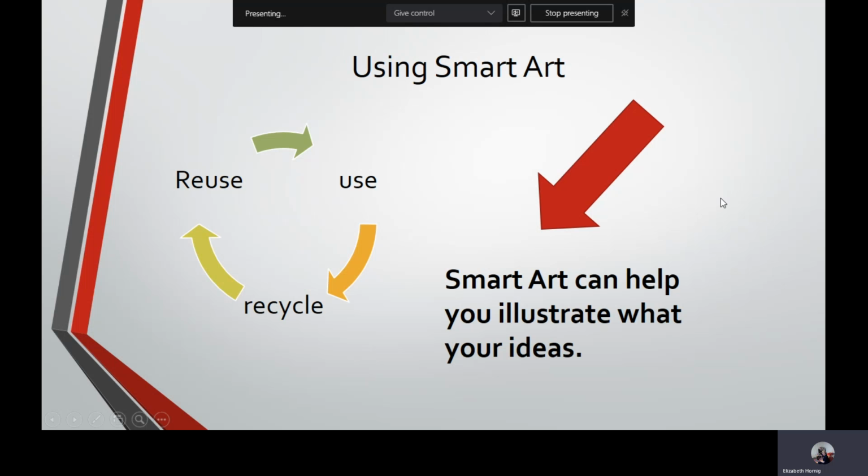In addition to using pictures, you could also use what they call smart art. And this is an example of smart art. Smart art allows you to communicate information with graphics instead of using just text. So in this example here,